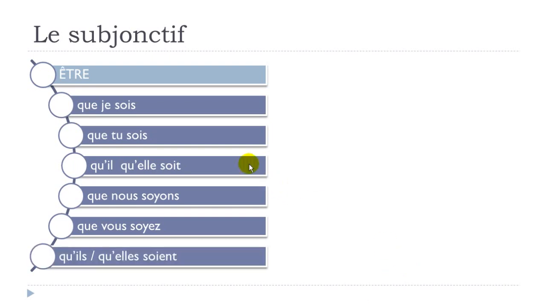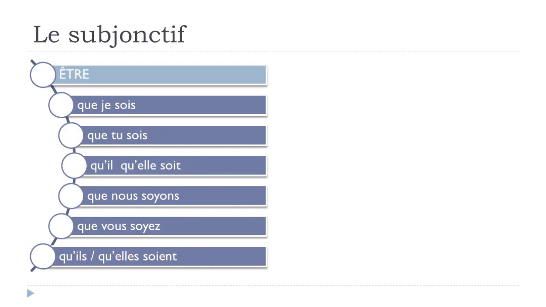As usual, good news is that sois and soit you write differently, but you pronounce them the same way. And then soyons for nous, soyez for vous. So I repeat: que je sois, que tu sois, qu'il soit, qu'elle soit, que nous soyons, que vous soyez,